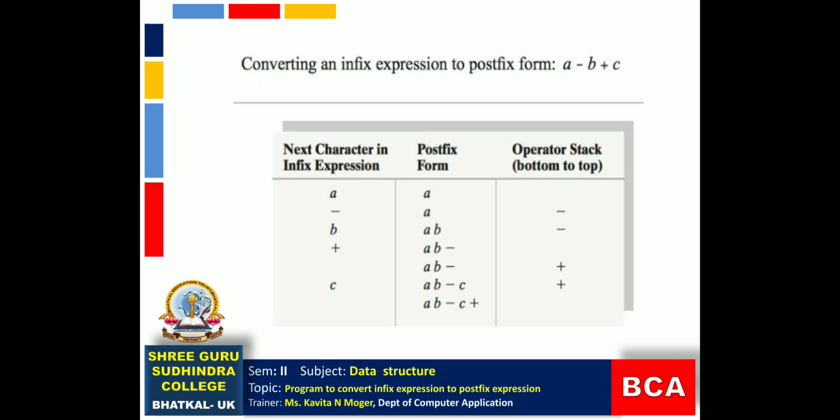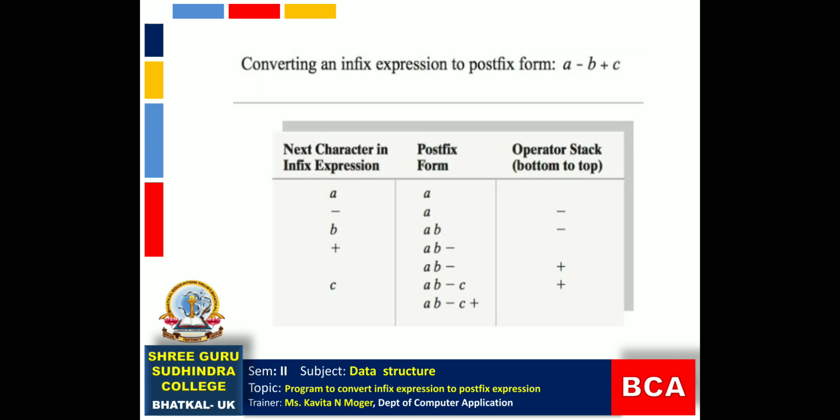Next comes minus. It is an operator. We need to push that operator into the stack. Next one is B. It is an operand, so directly after A we can place B. Then the next one is plus. It is an operator. We need to push it into the stack. But according to rule number 2, no two operators of the same priority can stay together in the stack column. In our example, plus and minus have the same priority. Minus is already there in the stack, so we cannot push plus into the stack. That is why we need to pop the minus from the stack. Then we can push the plus into the stack.